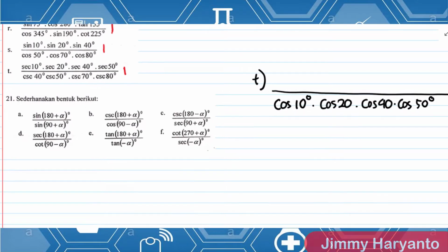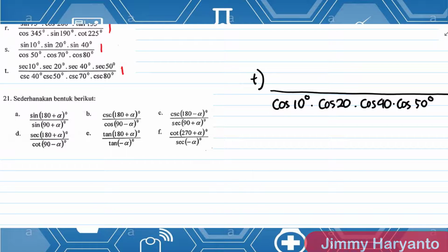Next is cosecant. Cosecant pertamanya itu ada di bawah ya. Nah, cosecant itu kebalikannya sin. Jadi dia nanti bakal di atas. Nah, kamu tulis sin 40 di atas. Cosecant 40 it will become sin 40 at the top. And then for this one will be sin 50 at the top. And then this one is sin 70 at the top. And this one will be sin 80 at the top.